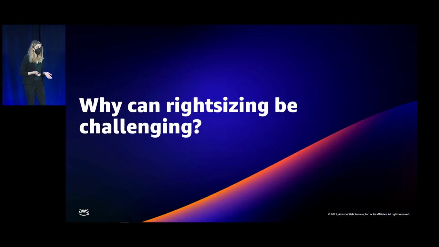And I won't downplay the fact that right-sizing can be challenging. Can you think of any workloads that may have had cost or performance improvement opportunities that you didn't take advantage of, and why that might be? I'll name a few reasons that I've heard. Number one, it can take time to evaluate the resources within a workload and determine whether there is an opportunity to reduce waste, recoup cost, or if there's a potential resource bottleneck risk there.